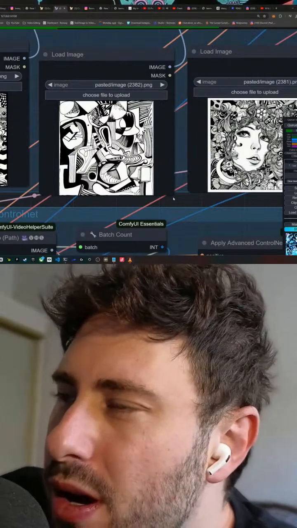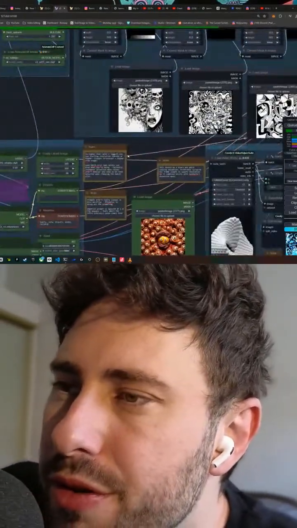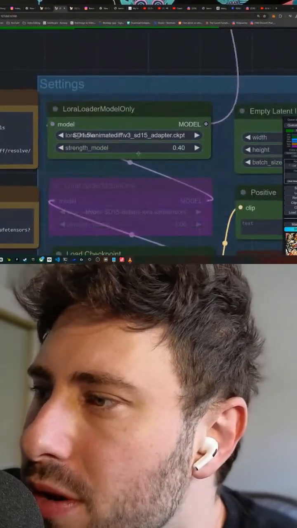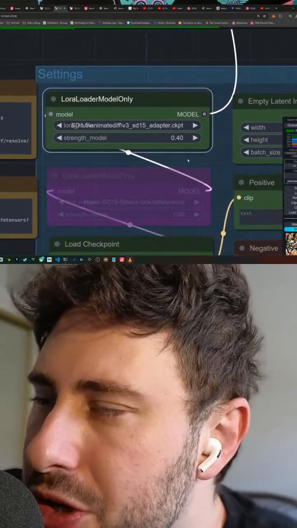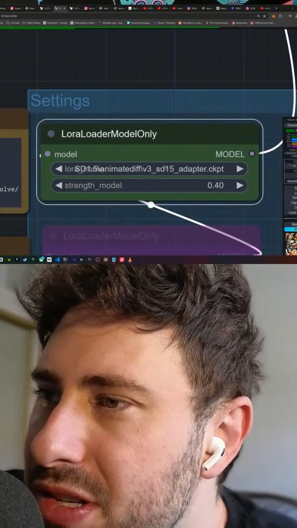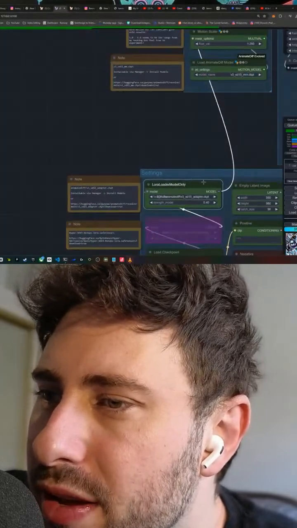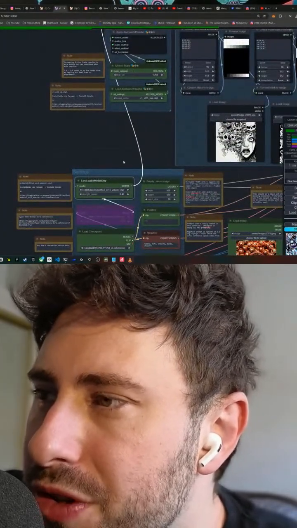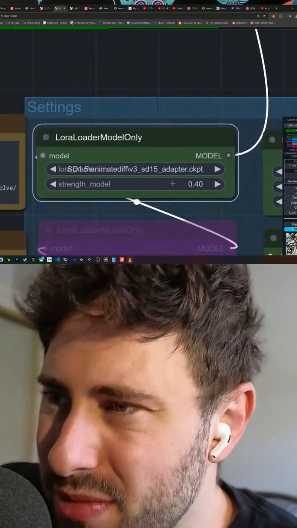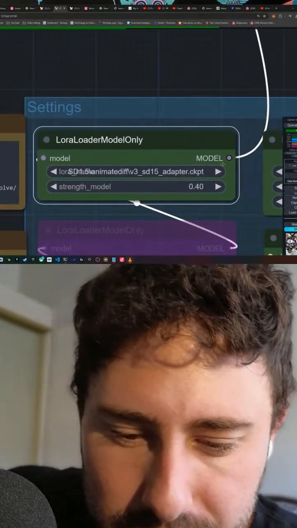Any LoRAs? Dropping in any LoRAs for this particular workflow? No. I am using the ones that came with the IPIV workflow. I haven't really touched those a whole lot in this one. It looks like it uses the V3 SD15 adapter. I think it's more for preserving the structure of the result versus actually styling it. I could be wrong about that, but I don't think this is your typical LoRA.